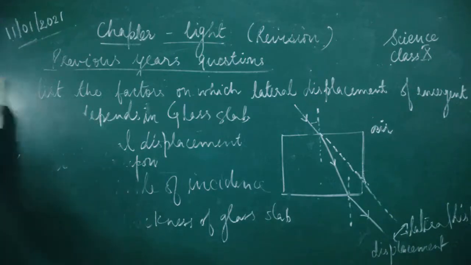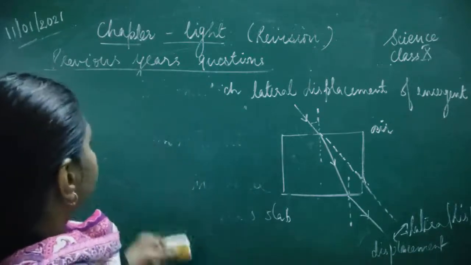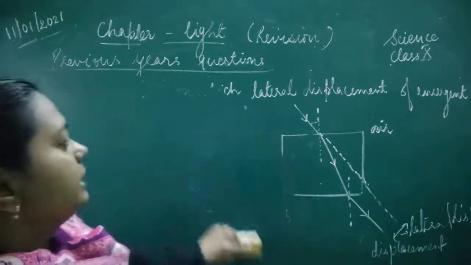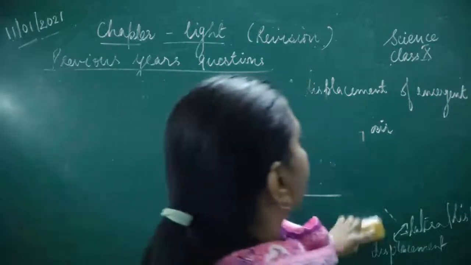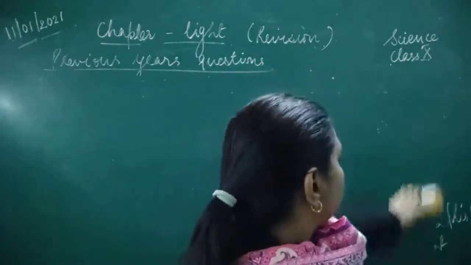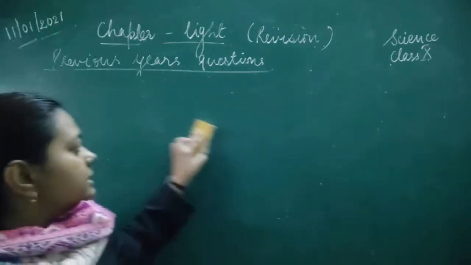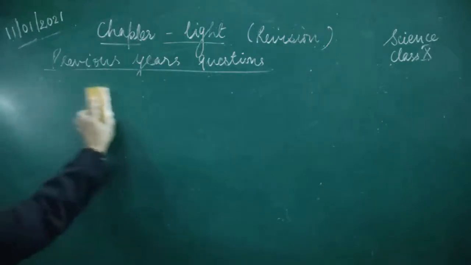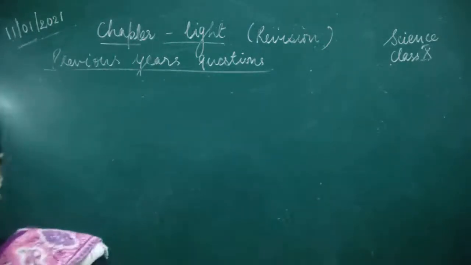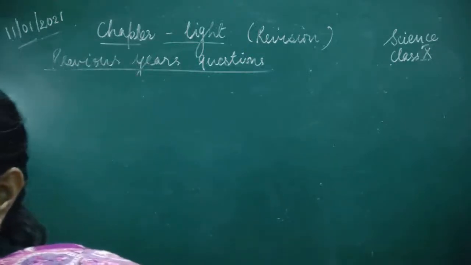So this was about the second question. Now we will move on to the next question. And please try to make the ray diagrams properly with proper labelings and proper clarity. Otherwise, your marks would be deducted, children. So please don't make such mistakes because of which you are reducing your marks. Okay? अब आगे देखते हैं, इसमें एक और क्वेश्चन दिया हुआ है.